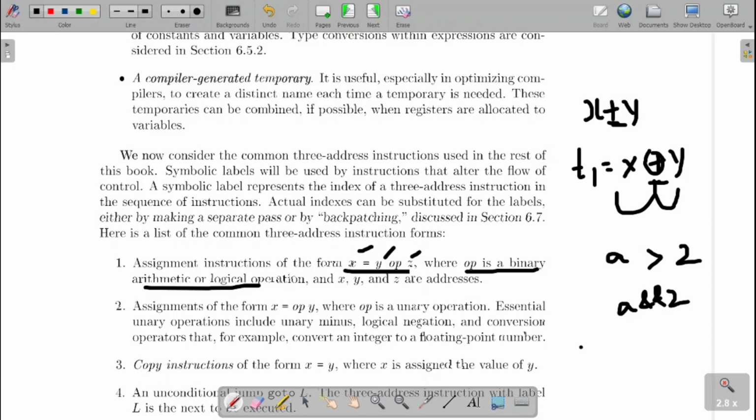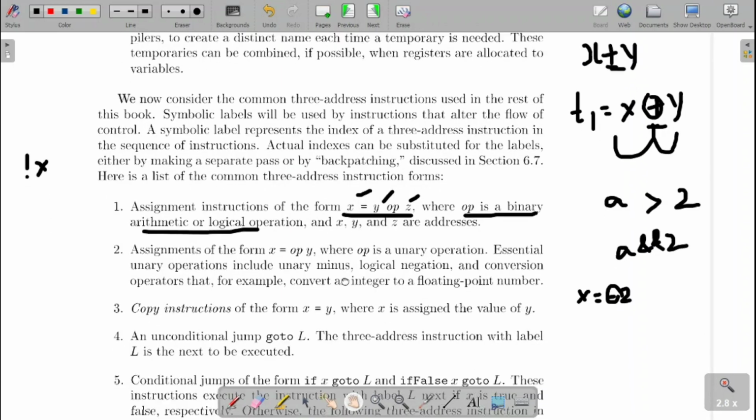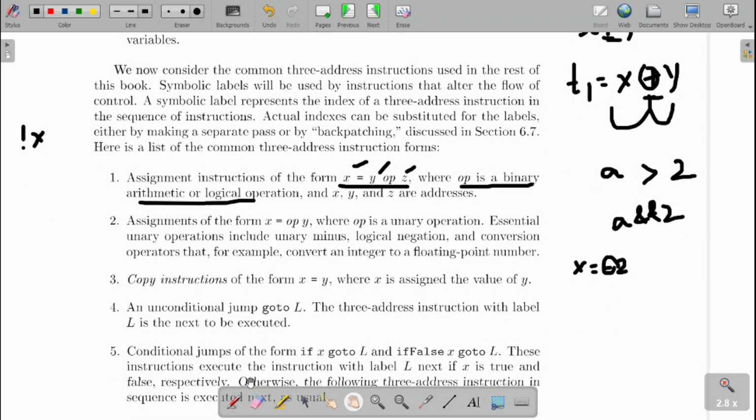Then the next example, x equal to minus y. Now minus is a unary operator, or not x, as we write. Here the operator is a unary operator, and that is the second format, x equal to op y. The earlier case was for binary operations; this is for unary operations.